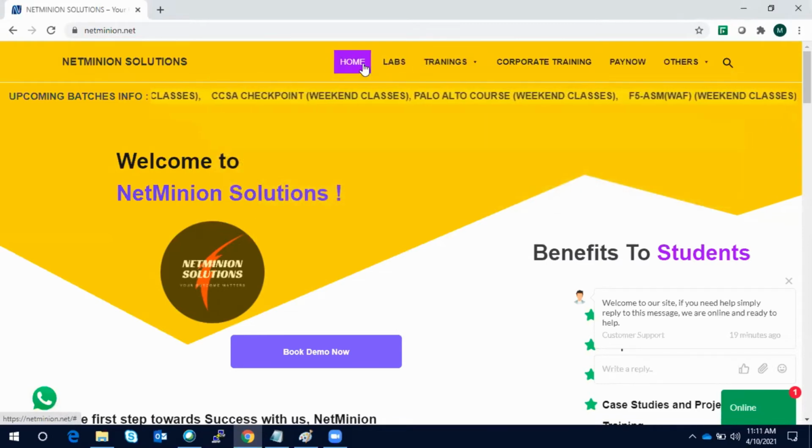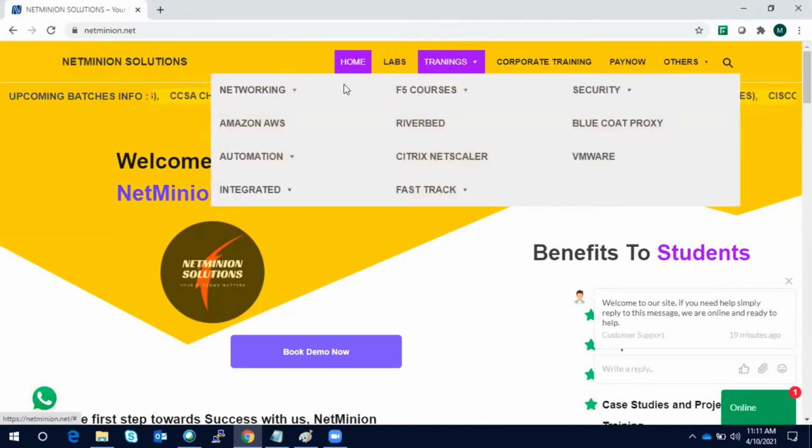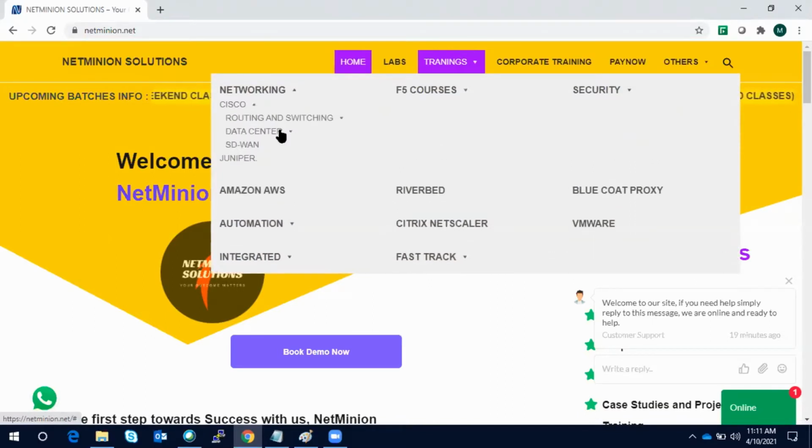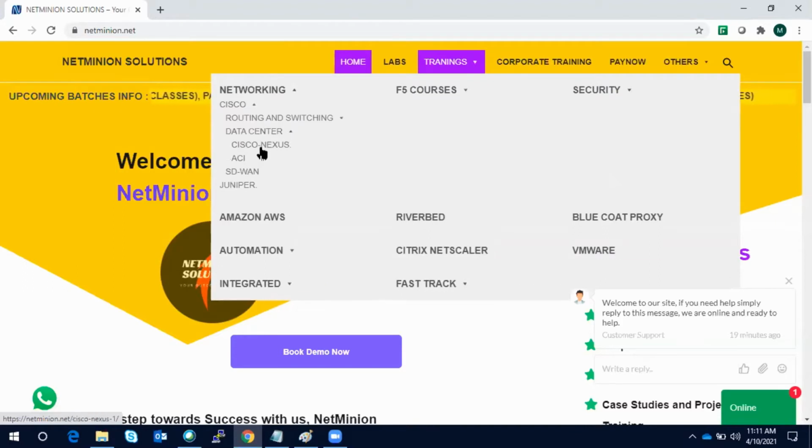In the top tab, you go to the trainings. You can go to training, networking, then Cisco, then data center, then click on ACI. Why have we put the ACI in the data center category? Because ACI is a data center fabric, guys.